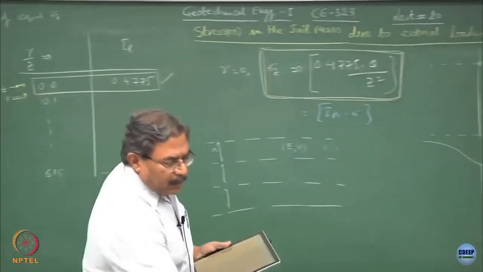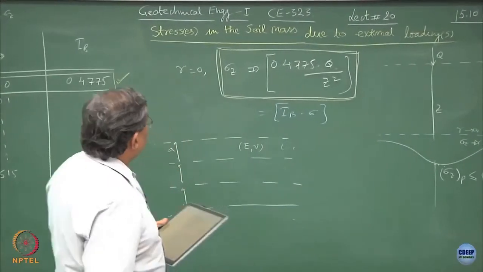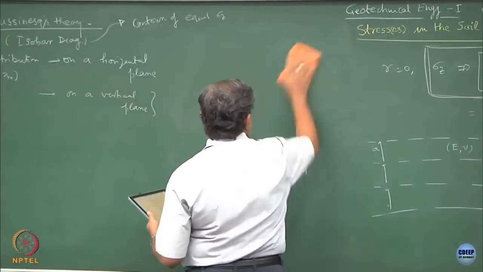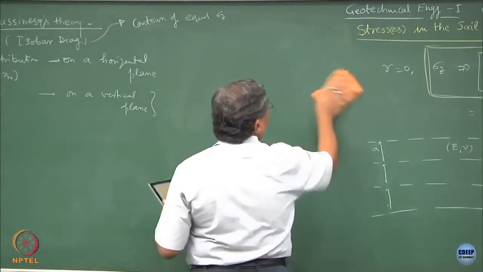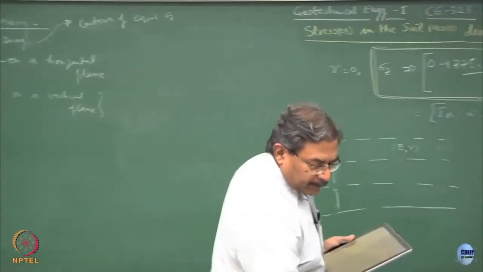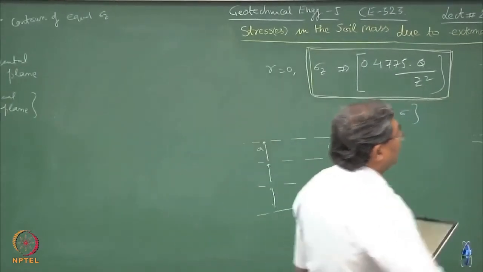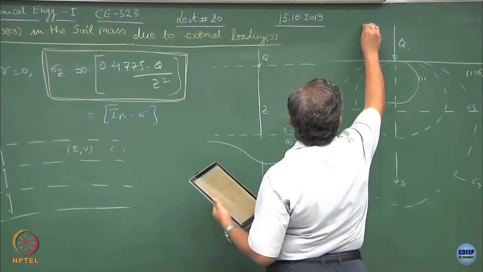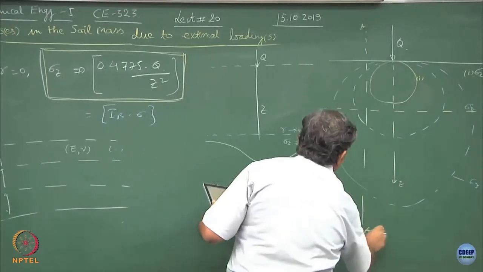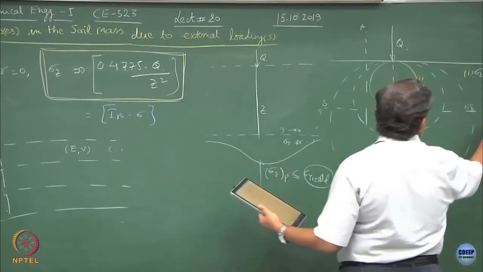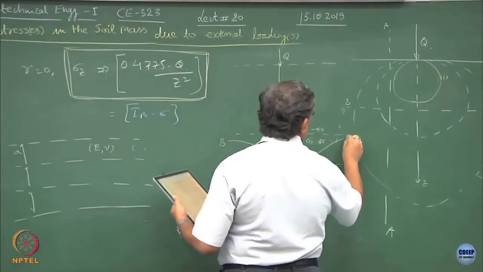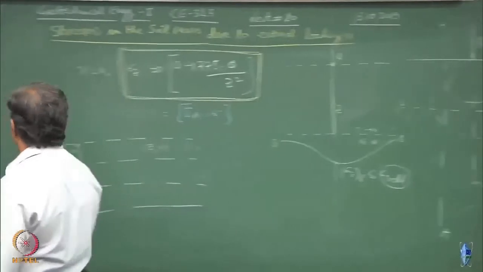Now, another interesting thing which I would like to do is plot the variation of stresses on the vertical plane. So, as if I am cutting this whole thing across a vertical plane. So, this is, let us say, AA, this was BB. So, this is BB and the AA would be,